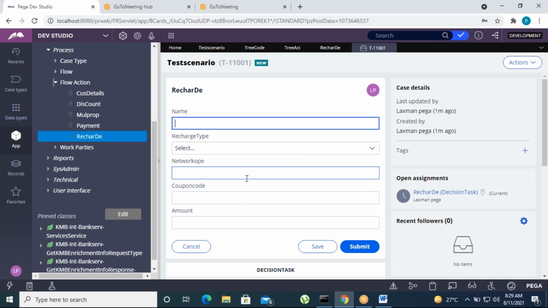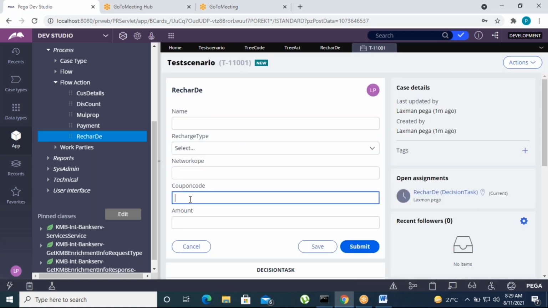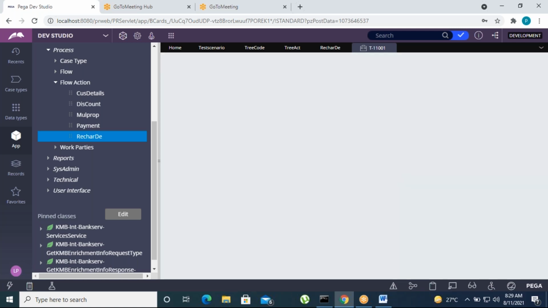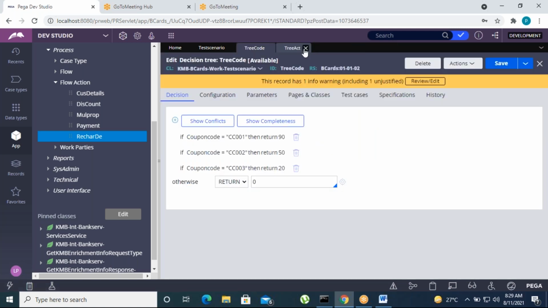Suppose CC00 to 50. I'm going to enter some amount now. 50 means 850 is our expected result, correct? If you're getting 850, that logic is correct, otherwise wrong. Correct. We got 850. This is how you can refer the decision trees.